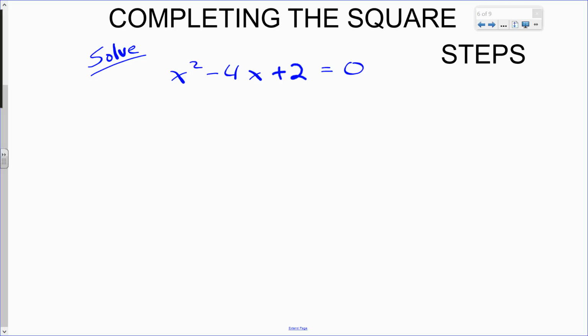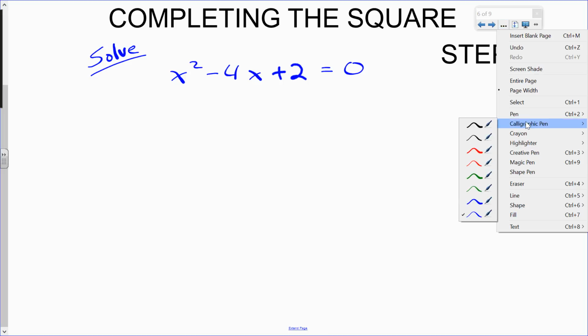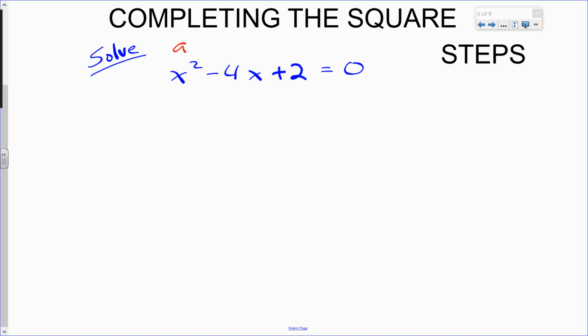So what we want to do is, let's write the standard form of a quadratic right above it. I'm going to put it in red, actually. Remember the standard form is ax squared plus bx plus c equals 0. Okay, so let's compare that. We know our a is going to be 1, b is going to be -4, c is going to be 2. Here we go. The first step you want to do is subtract c, or let's put, take c